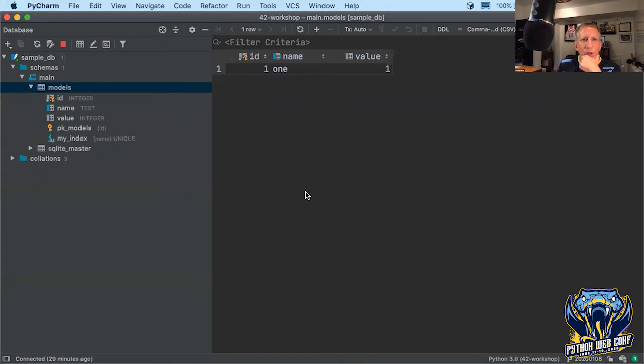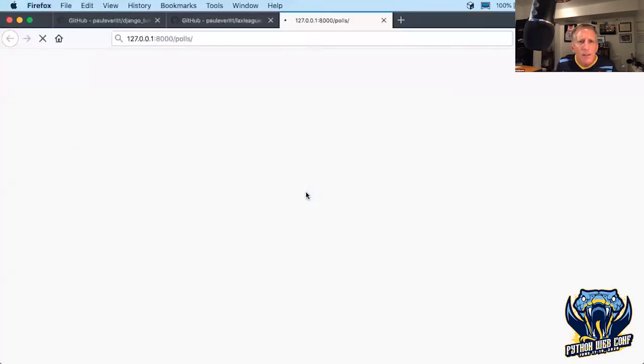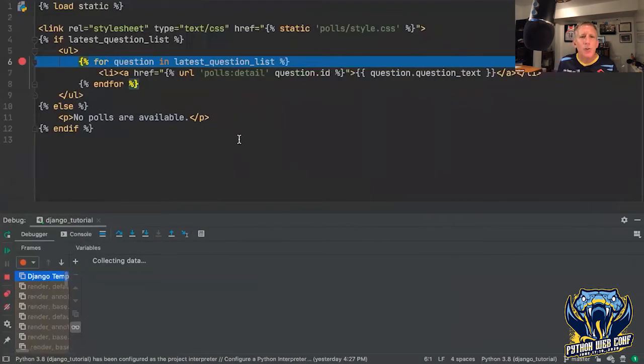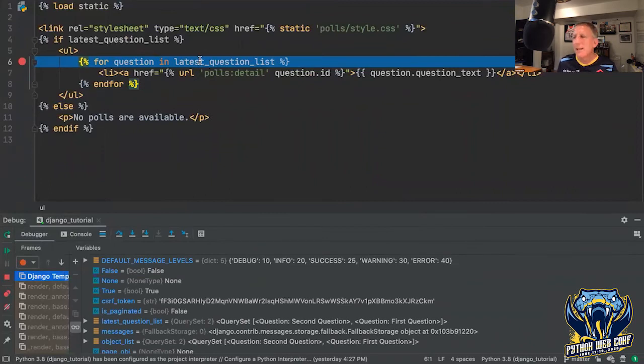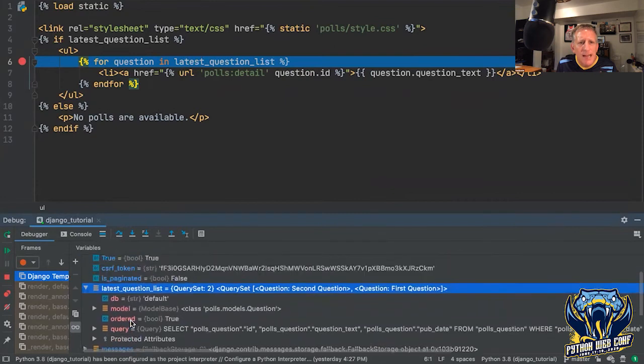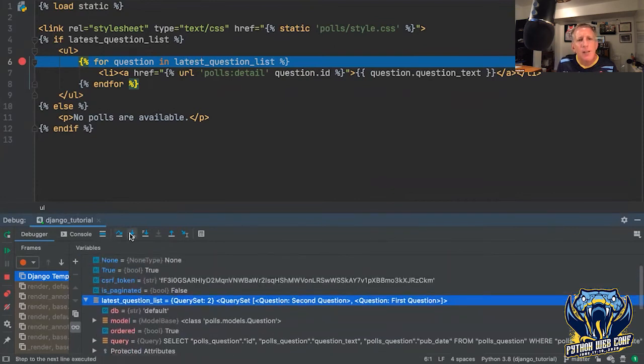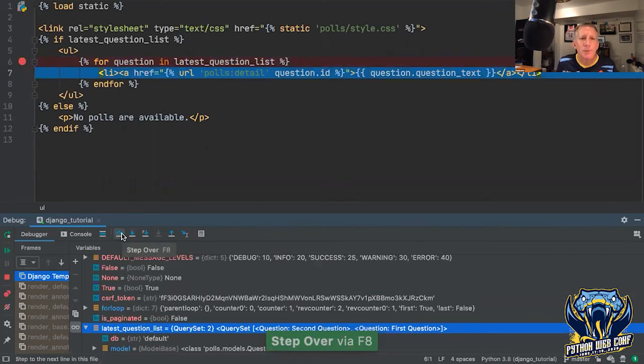and a little bit quickly, we brought up a browser, we issued this request, and PyCharm stopped execution on that line in the debugger. I see everything that's in scope at that line in the debugger. We've gone past this if, so this exists. What is it? It's this. And we see everything about it, and I can step into it. I can step over it. I'll step over it. Now I get inside that loop,